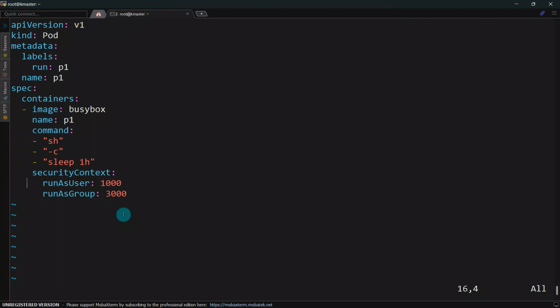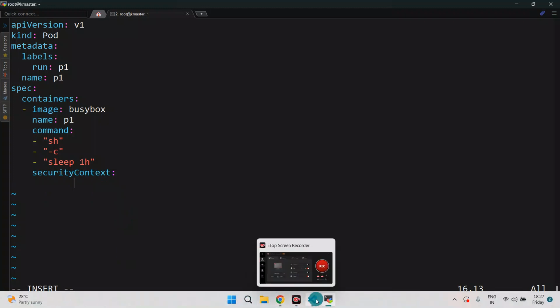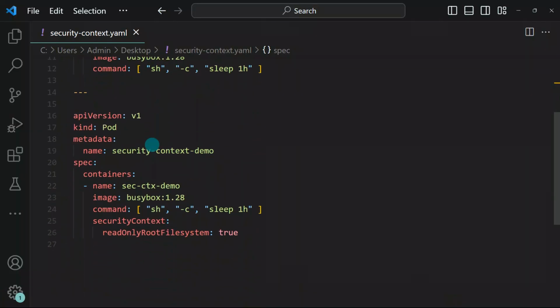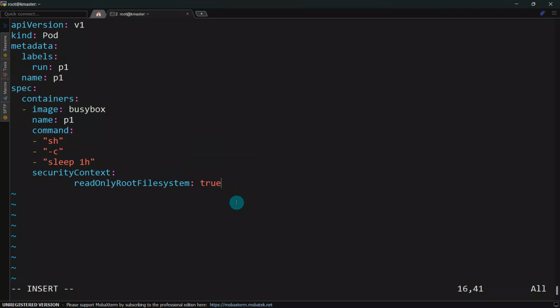Okay, and in the security context I have one more option I can provide, readOnlyRootFilesystem. Let's say you cannot change the user; in that case, at least you can make the file system read-only,